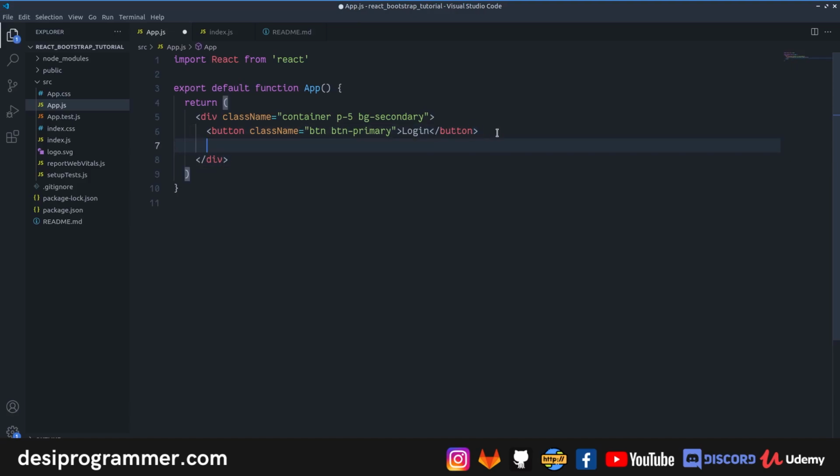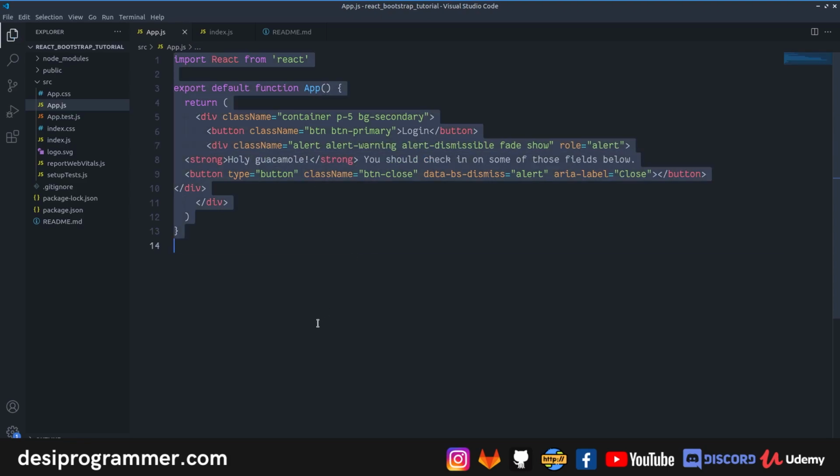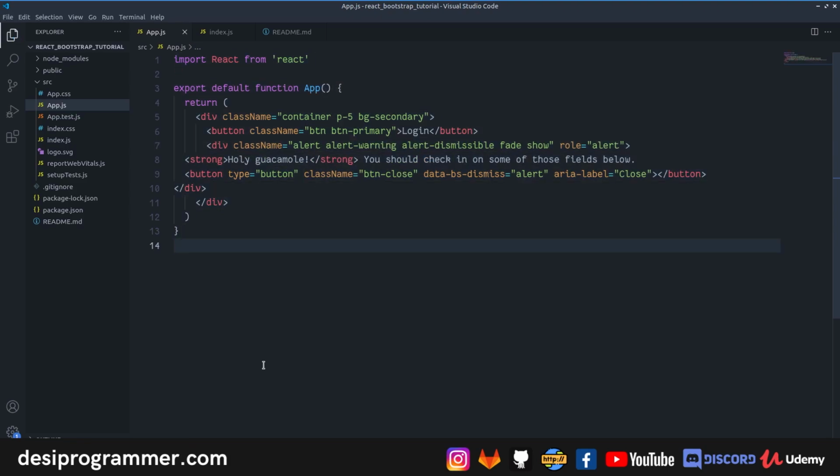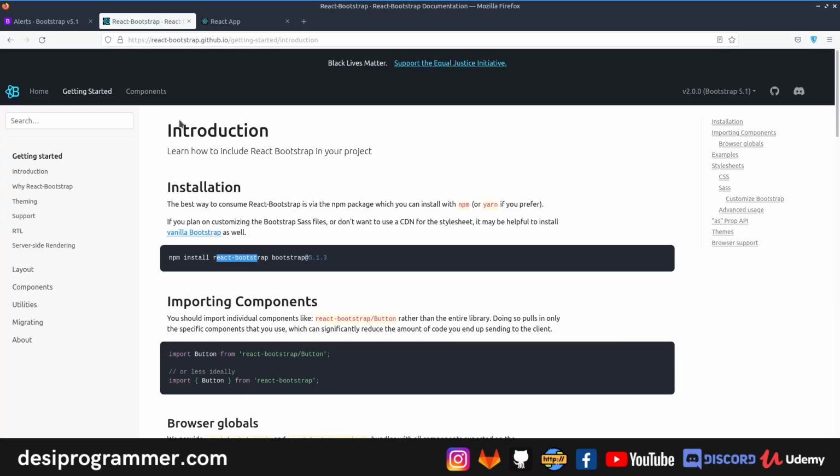First things first, it's going to give you an error because we are using class here, and these should all be replaced with className. So I will replace this with className and replace this one with className. Save this and we are good to go. Let's go back here, and if we refresh, this is what we have. Now if I click on this, this should close, but it's not going to close itself. On the Bootstrap site, if I click on this, it closes itself, but here it's not going to do so. And this is why we have to use something like React Bootstrap.